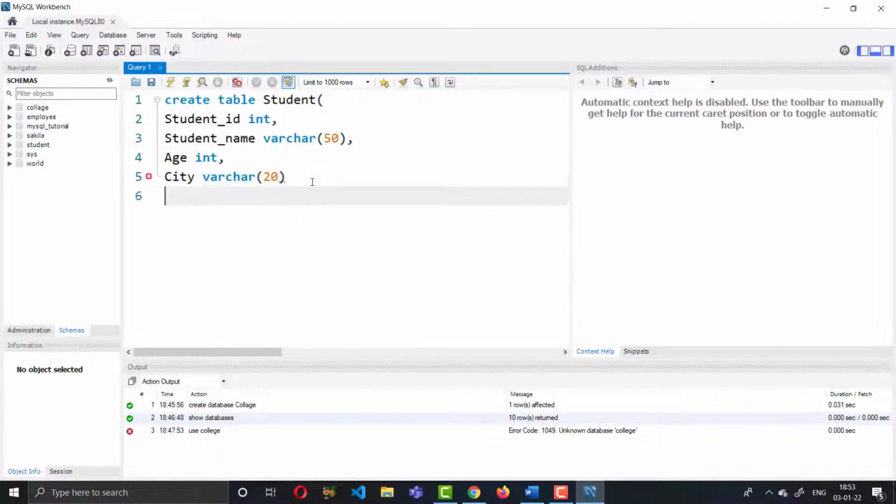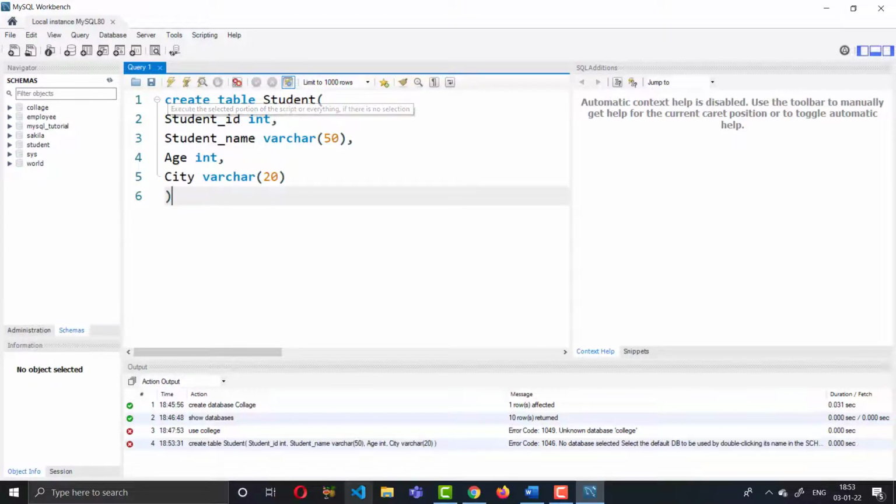Okay, now close the right parenthesis. So run it with this button or shell here. So click. Okay, some issue is coming here. Student name varchar 50, age integer, city varchar, no database selected to define.